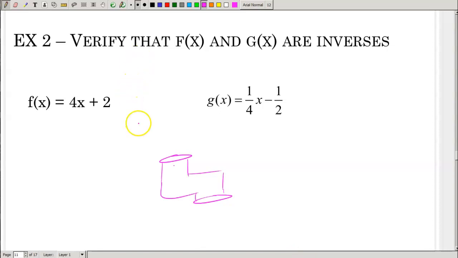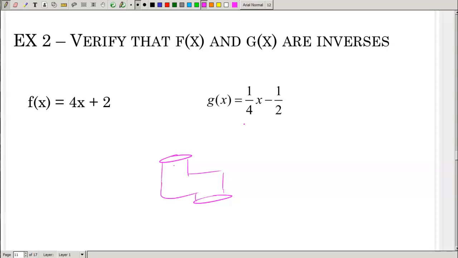All right, so example two with this idea of inverses is to verify that f of x and g of x are inverses. So f of x is 4x plus 2 and g of x is 1/4 x minus 1/2. And so remember that if two things are inverses, they do the opposite. And so informally, you could probably make the argument that these are definitely inverses because